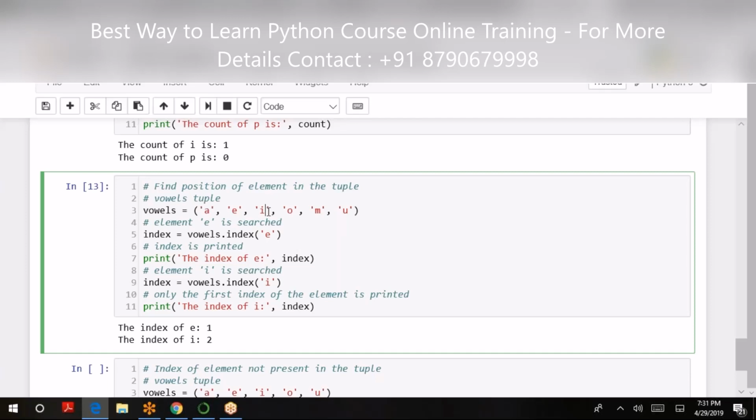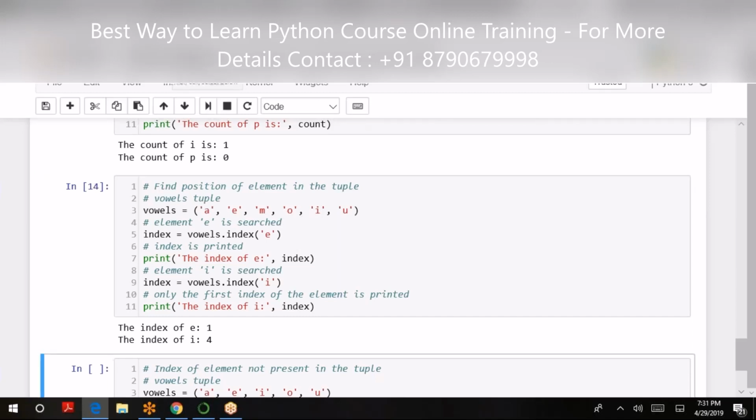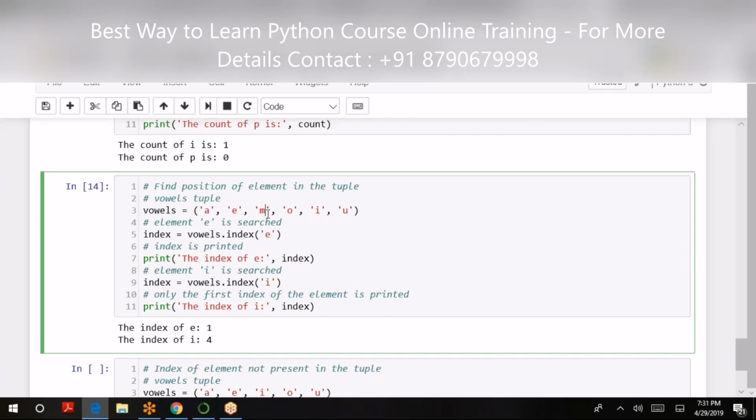It gives us the first occurrence of I. So if there are multiple entries, it is only going to give us the first one.